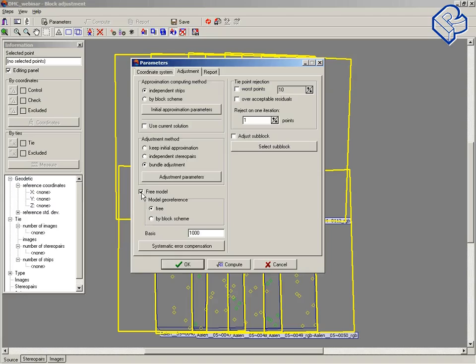Shift and rotation don't matter for the accuracy estimation, but scale influences the residuals values directly. So here we have to set this scale manually,